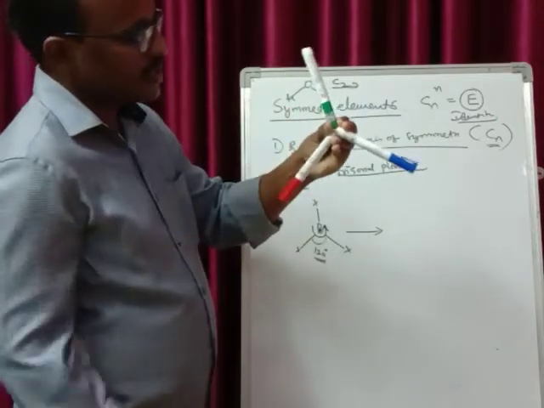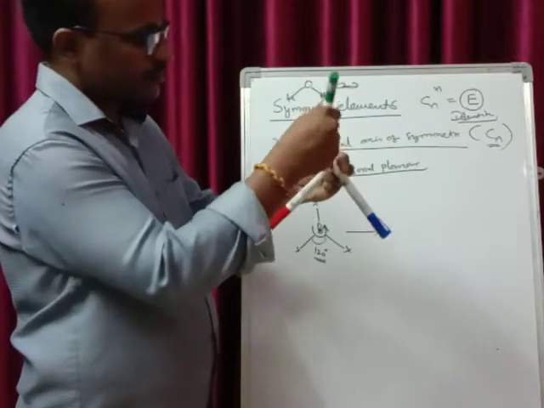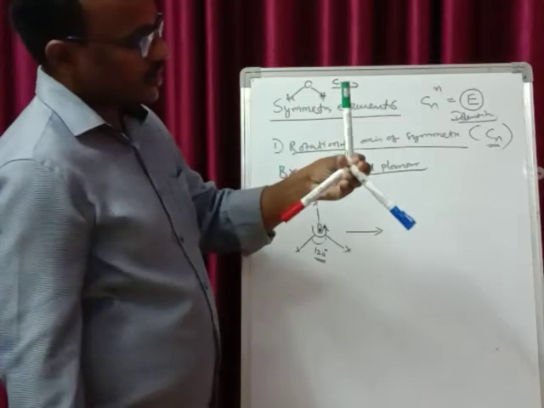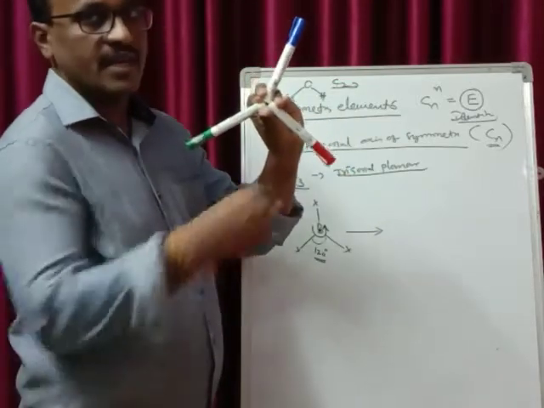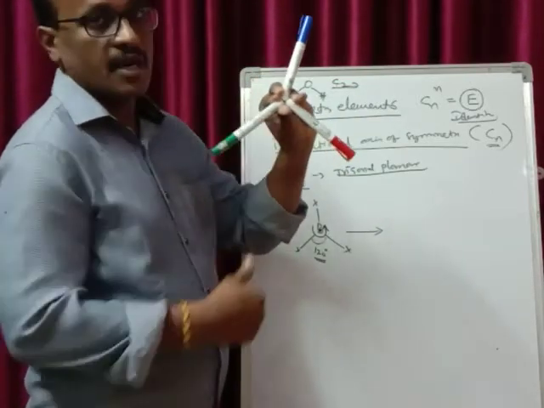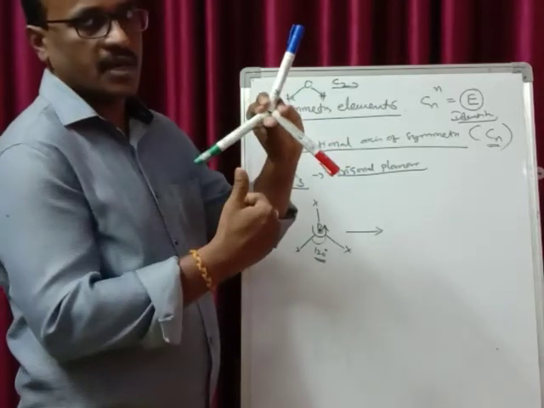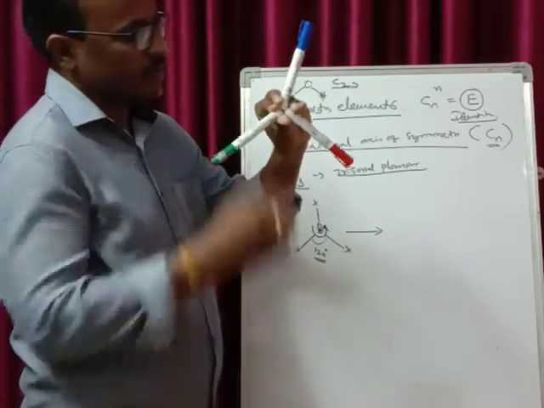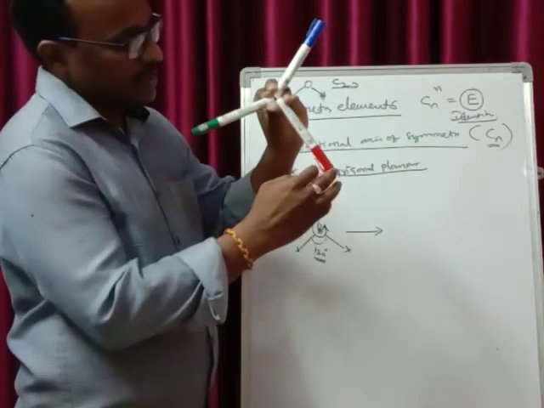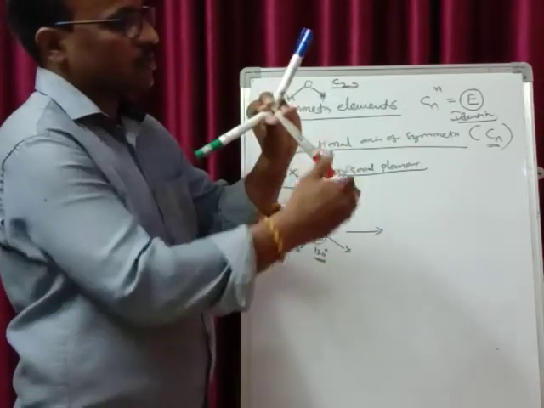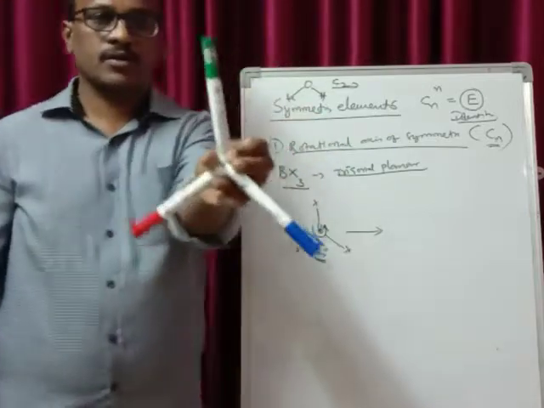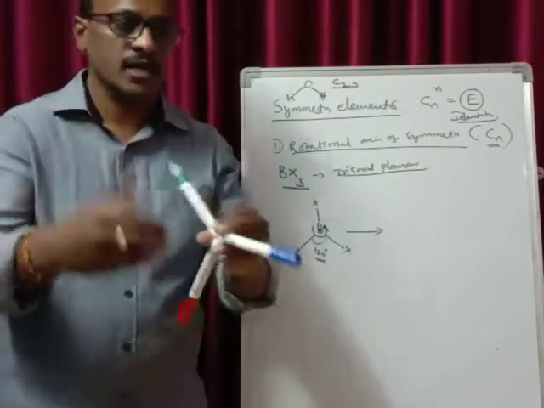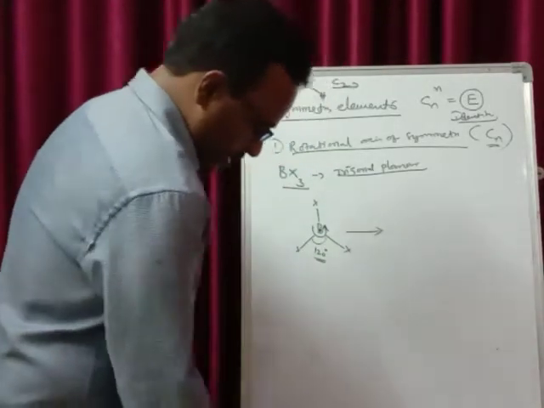Now you can see, initially this X is green, right? On rotation of 120 degrees, you can see that you get the equivalent structure. The first and the second structure are equivalent, but the position of the X has changed. X from this position has gone to this position, and this has changed its position. Similarly, blue also has changed its position. So here, this is the rotation. You are going to repeat it continuously in order to obtain the equivalent structure.